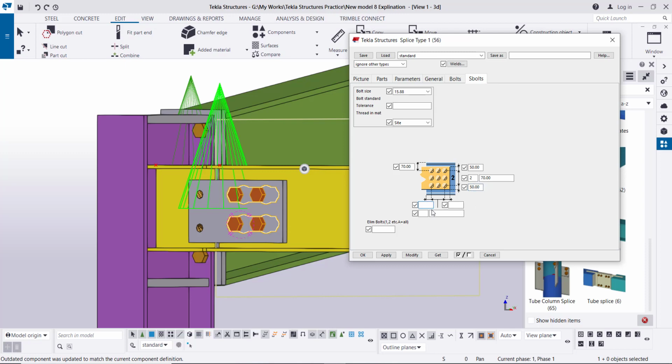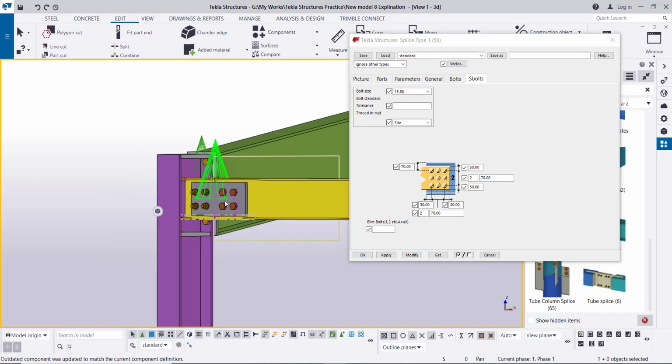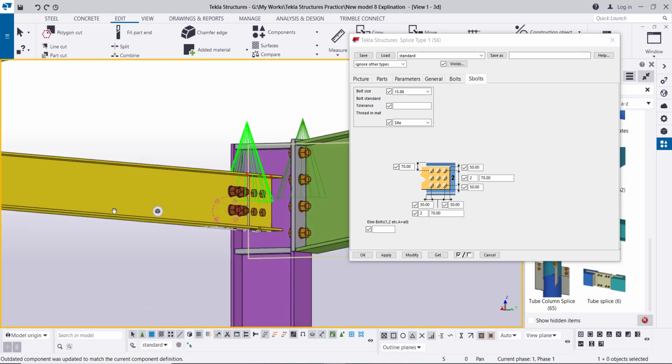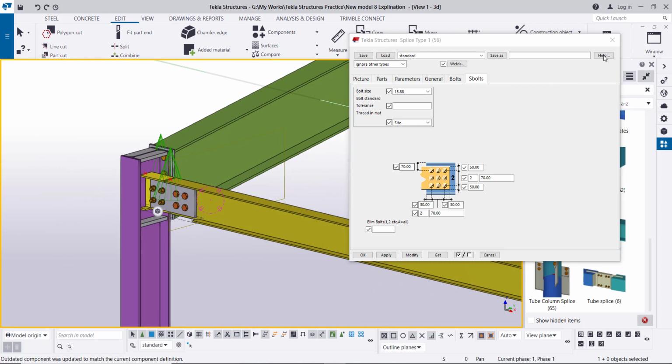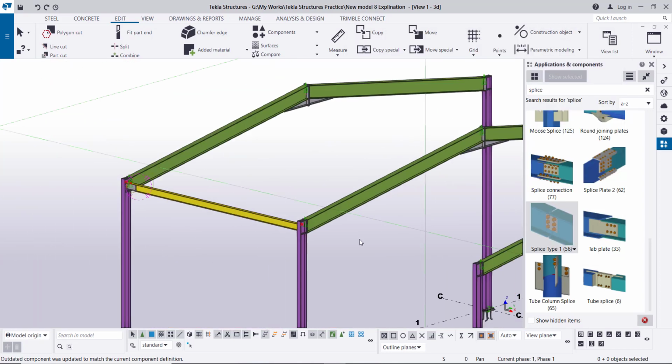Here we can use 50 by 50 and 2 rows at 70, modify, so the connection will be like this. A little bit, we can shift these bolts, so we can reduce this to 30, modify, and make this also 30, modify, so our connection will be like this. As you see, we have created this connection, so similar to this connection we will create at the other side,